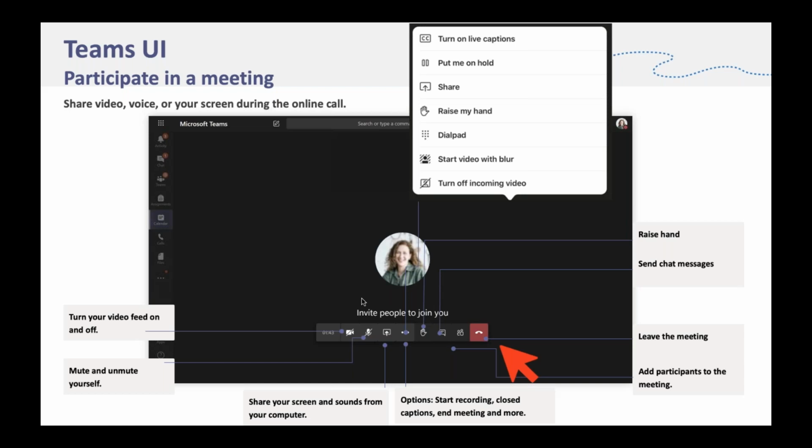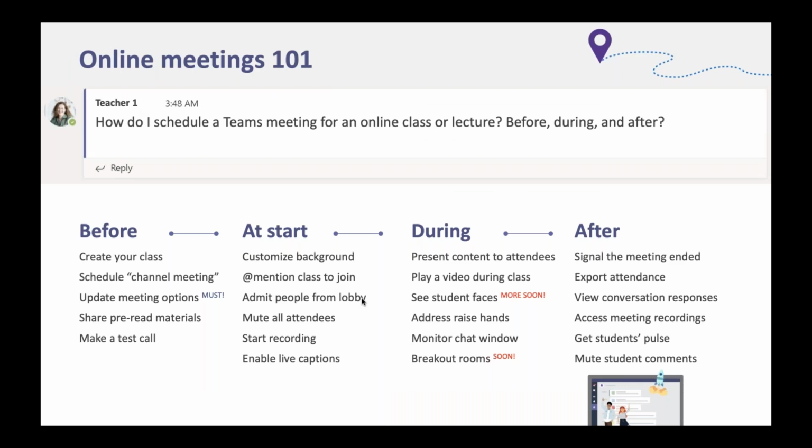So here are some steps and considerations and tools on offer, and we could speak about just this for a whole hour or more. But these are the tools that are there on offer to ensure you get the most successful outcomes from your meeting. And Microsoft are constantly listening to feedback and improving at a very rapid pace, so that you have all the tools you need to deliver those great virtual lessons and meetings.